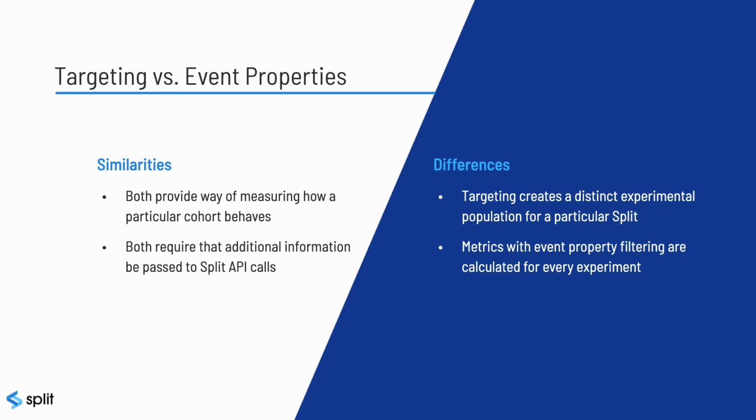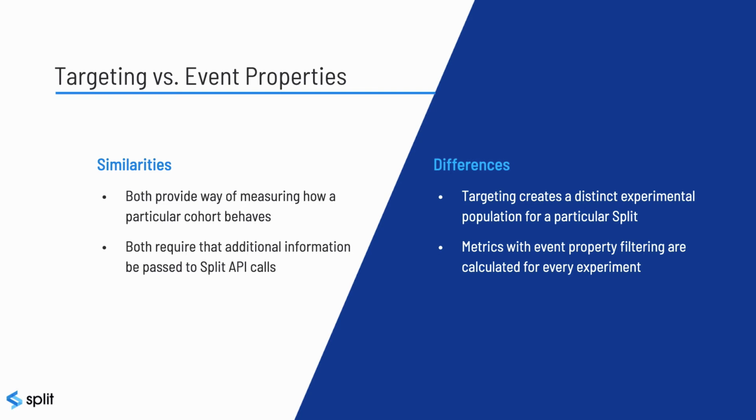The differences between these two are that when you use attribute-based targeting, you actually create a distinct experimental population, where that population that meets the targeting criteria is separated out from everyone else, whereas metrics with event property filtering are generic in terms of they apply to any split and the entire population of that split, and it gives you a way of saying, for a split that maybe has a general target,